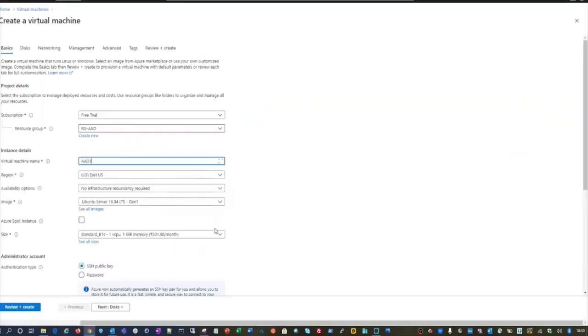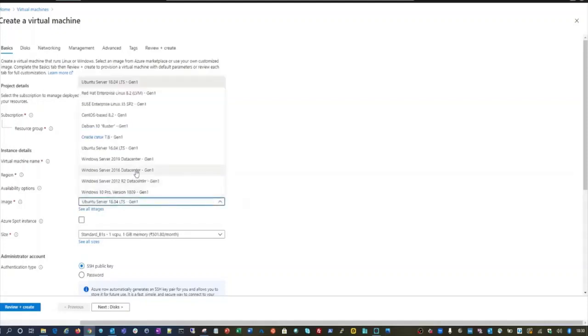AAD1 East US. I am taking the name AAD1 because in future I would be able to create more VMs and we can play with the migration of the Active Directory environment, or learn about replication between the domain controllers of several sites. I will do that in the future. So for now, let's have this one. It's in the same region, and I currently do not need any availability options. We will have a separate video on creating availability zones and availability sets. I will launch a VM which is a Windows 2019 Datacenter.